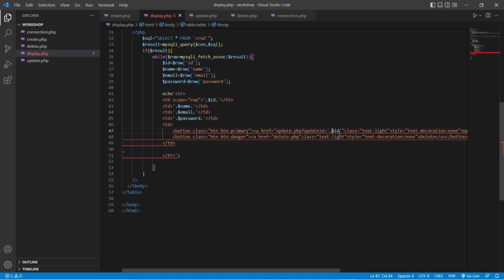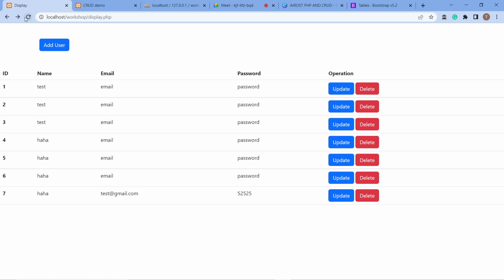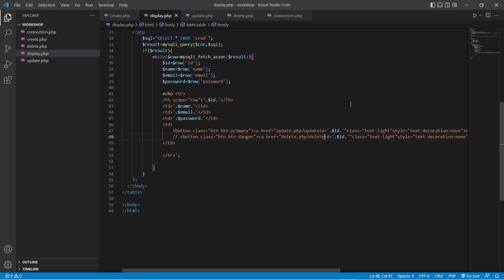Specific. So I have a dot here. Okay, so copy, paste here, but change the name to delete. Okay, so see, when I click,